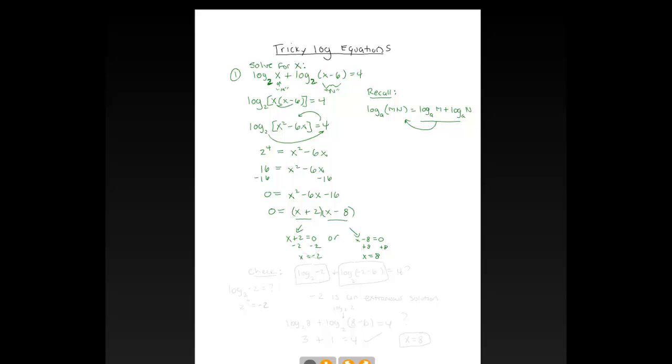Now before we go ahead and just start circling our answers here, we have to plug in these values back into the original. The reason is because sometimes algebra is not alive. It doesn't know what our original equation is. Sometimes you'll do the algebra and you'll get answers that don't make sense afterwards. The math doesn't know that. We have to know that. So what I'm saying is to check,